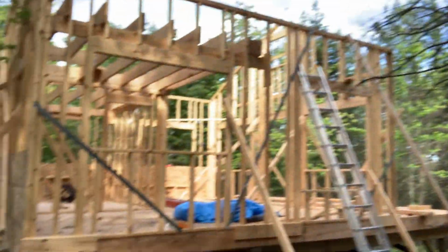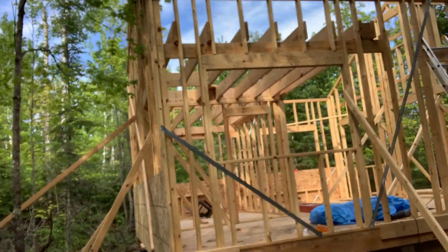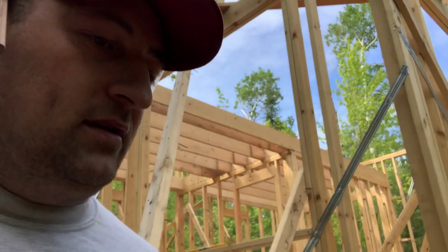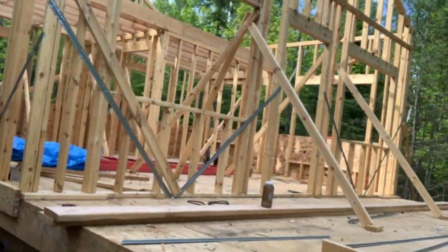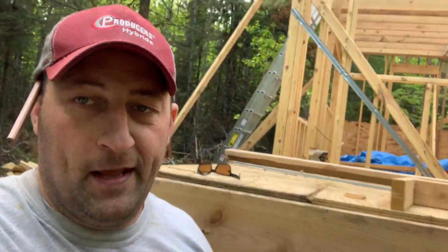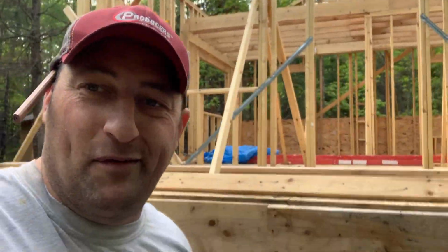Got the bracing on. You can see that should help it with racking forces, so that's good. Yeah, the stuff is a lot harder to cut in than a guy thinks it is, as always, but it's not so bad. It's pretty easy actually. It's just time consuming, but I've got 3 on that wall. I have 4 on this front wall, so you can see, and I'm going to actually put 2 at the top as well. So any concerns about it racking, I don't think we're founded to begin with, but